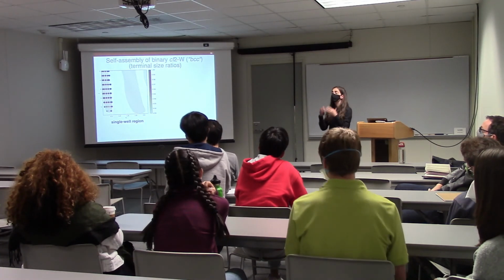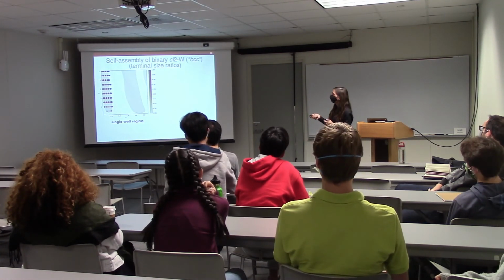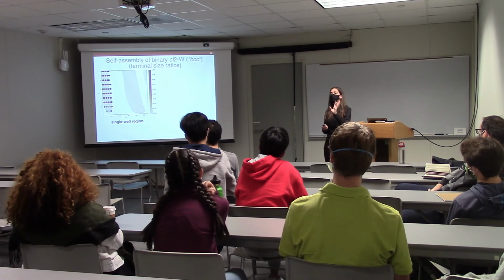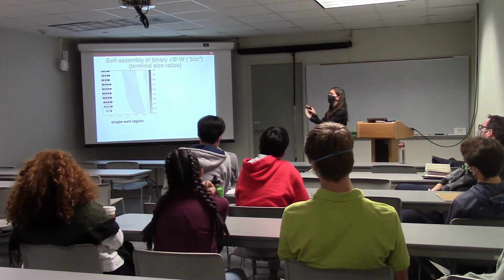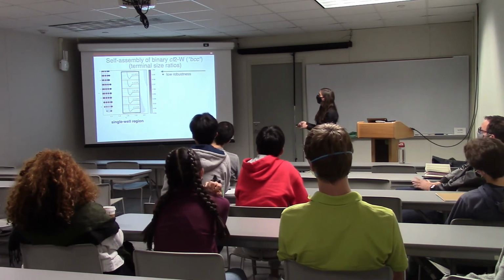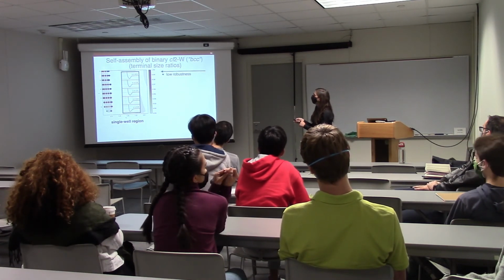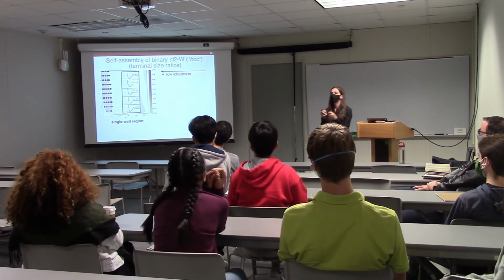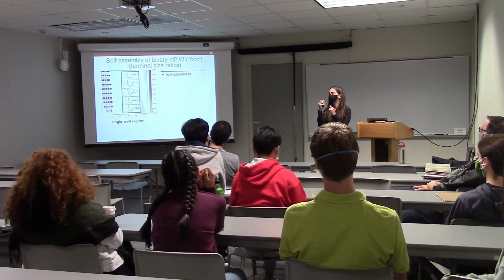So there are actually two quite different regions here. The one on the left is the single well region, so that's when you have your Lennard-Jones and the Gaussian sits essentially on top of it and just slightly distorts the shape of the interaction potential. And what I'm showing you here in the color is the robustness with respect to the introduction of the second